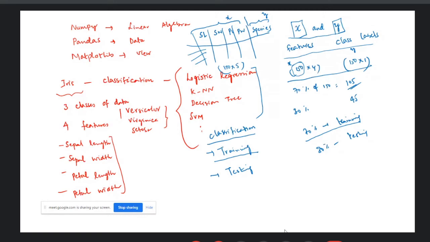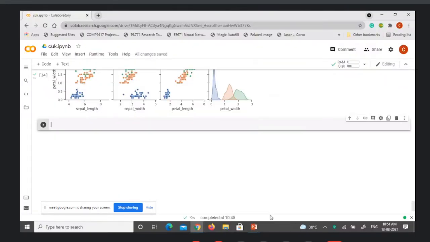So for that, you have a very interesting package available in Python called train test split. That is available in the scikit-learn package. So from sklearn model selection, we will import train test split.